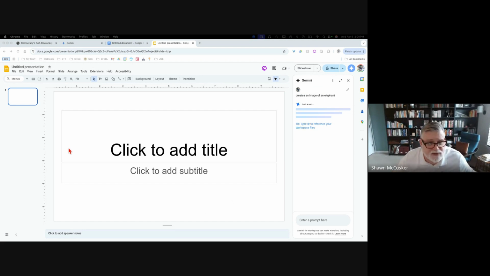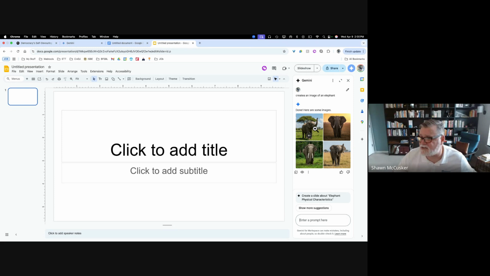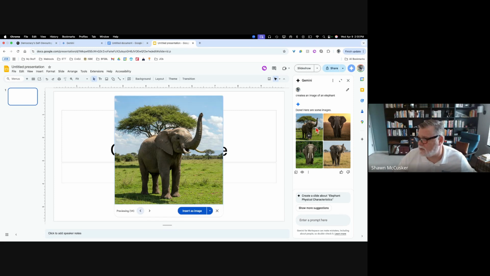I love this because my students don't spend a million hours online looking for an image. They just describe it, and within a few seconds, it's going to create one. I have seen that will sometimes take a little bit longer, but just like that, I can drag this over, and now I have an elephant that I just created from a prompt that I created. And then they have the rights to share all those tools. The last feature I really want to show you is this.